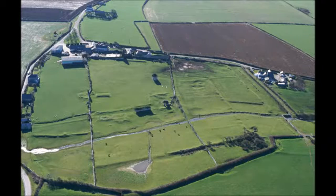Let's look at this. This is a plan of the monastic Grange at Mount Nash. The remains are some of the best surviving in Wales in this aerial photograph. Let's look at a little bit of a description of this from the Royal Commission on Ancient Historical Monuments. This monastic Grange, in the heart of the Vale of Glamorgan, the best agricultural land, came into existence in the early years of the Abbey